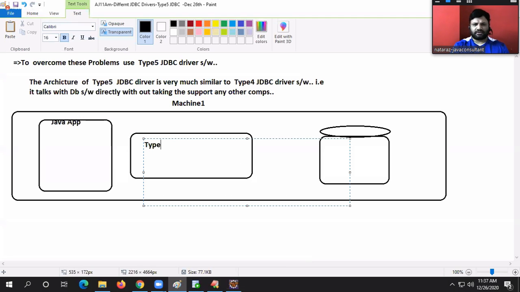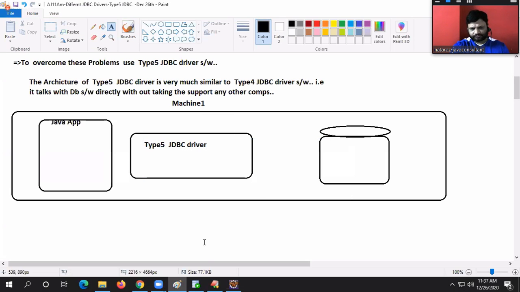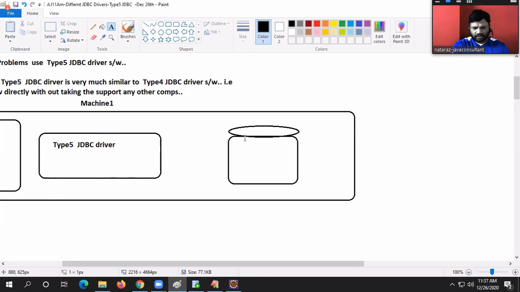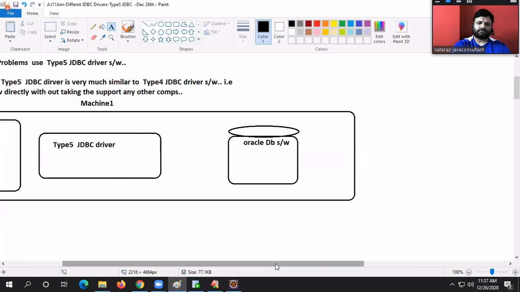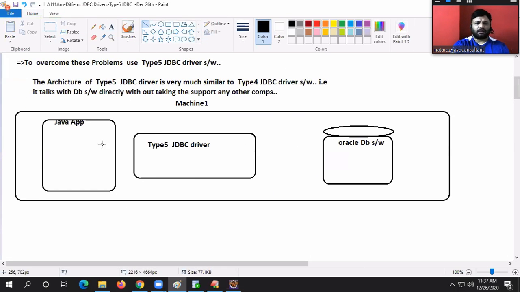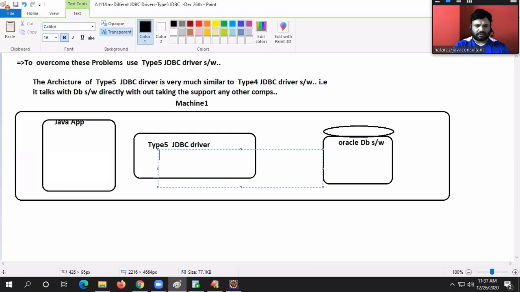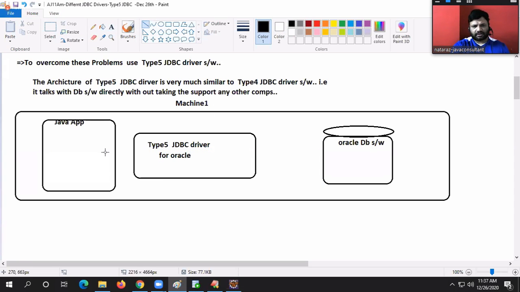Where is this? Type 5 JDBC driver. And here is my Oracle database software. This is the Type 5 JDBC driver for Oracle only, guys.